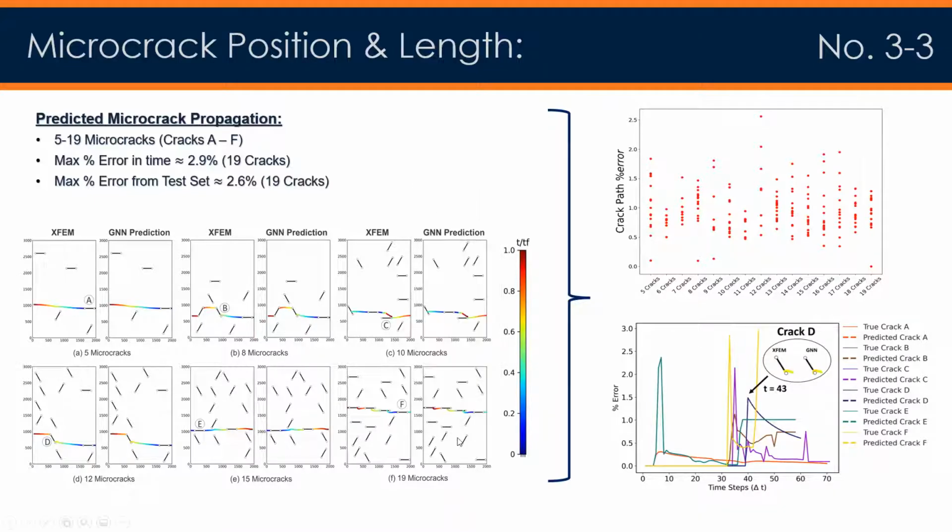So to make the error analysis, what we did is we create a spline interpolation for the final crack path on both the extended finite element method as well as in the GNN prediction. This gives us a lot of points. And then we take the difference between those 2 spline interpolations, and we take the maximum distance error, and that's what you see here. That's the point you see here. So we're using the maximum error in the crack path,